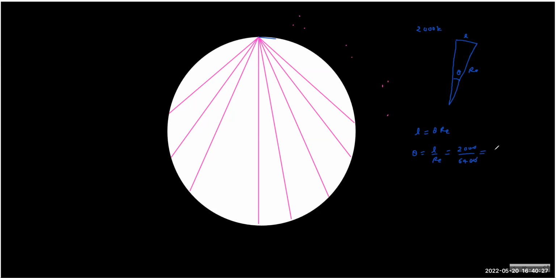So this turns out to be 0.3, and roughly how much radian is this? So 5 by 16 radian into 180 degrees. No, sorry, this is 5 by 16.1315. So this divided by 3.14 into 180. It is roughly 18 degrees. If you turn 18 degrees, I think 18 degrees is not much, right?